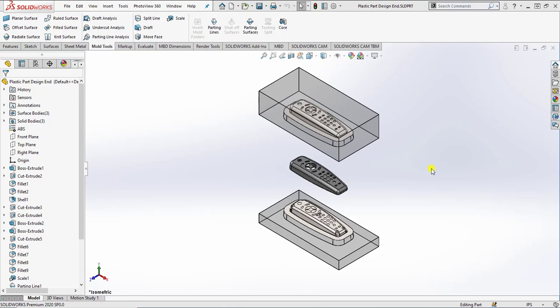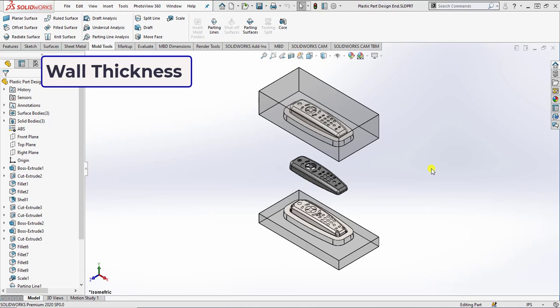In this video we learn about how we can design a plastic part design and its mold tooling. While designing a plastic part, you should keep in mind the following key points. First one is the wall thickness should be uniform throughout the part and adequate draft should be applied. You also keep in mind to avoid the solid features as thicker areas will shrink and warp more than the